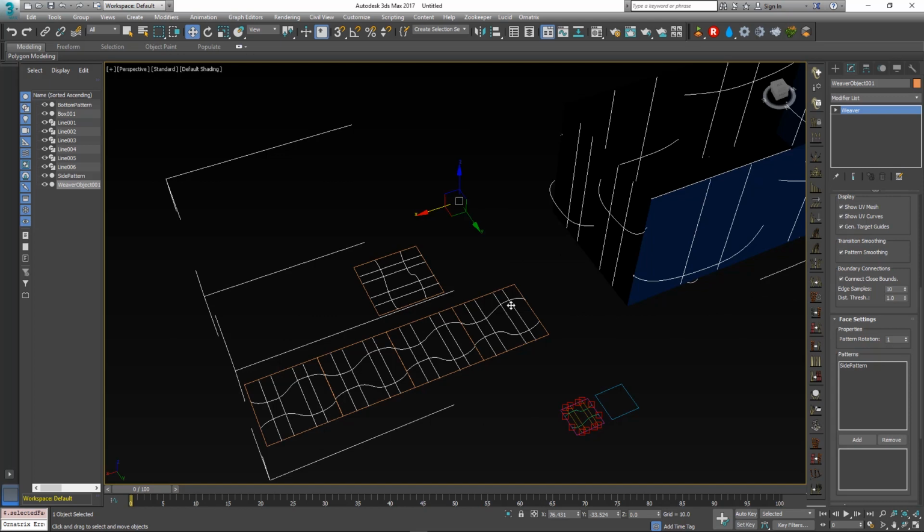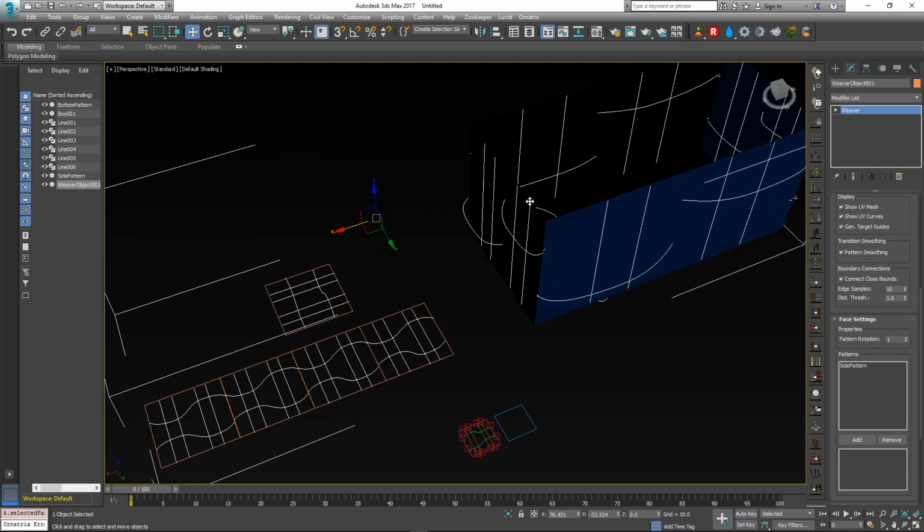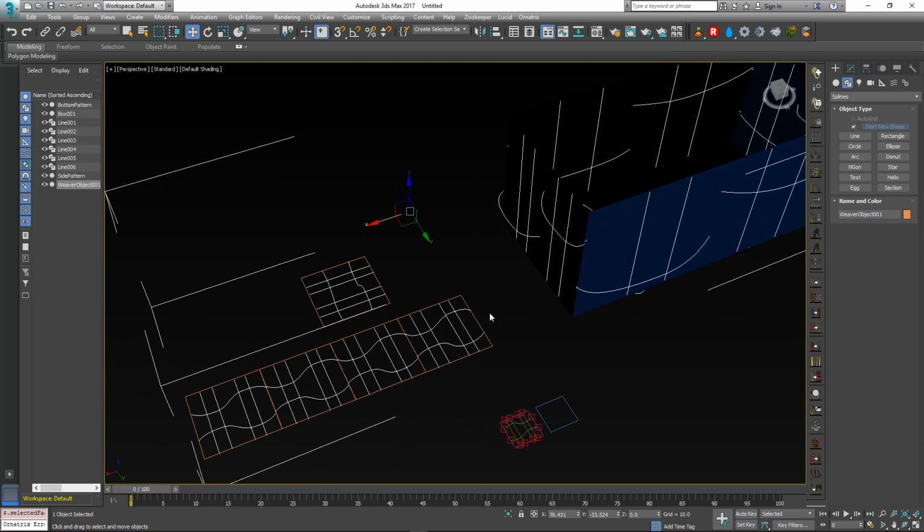At the moment we are very straightforwardly spreading these patterns on the target geometry, but we don't really have a lot of control over what's going on. To add more control, we will create separate geometry which will define how the patterns are being spread on our geometry, and it will significantly simplify the process of editing and making sure that these patterns are following our design